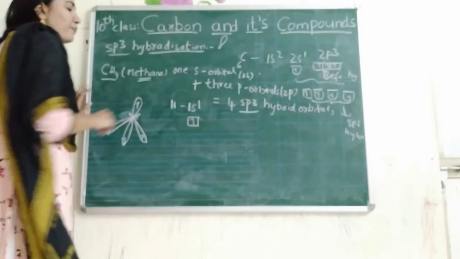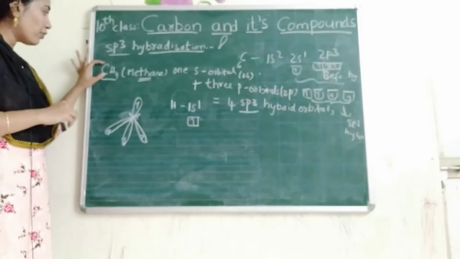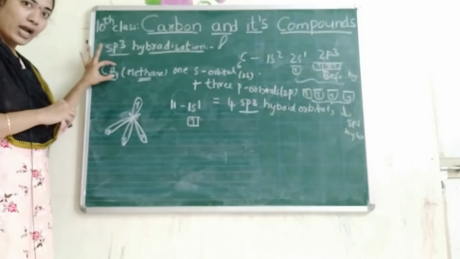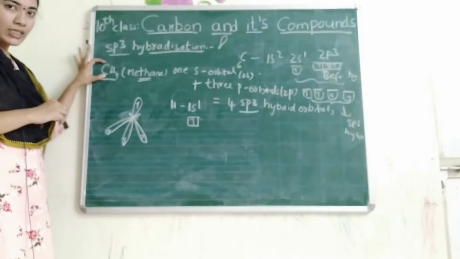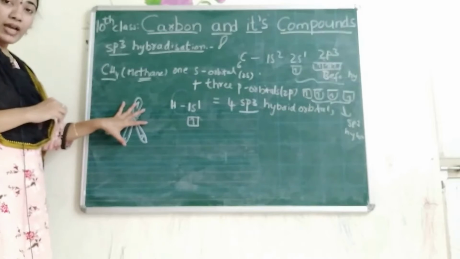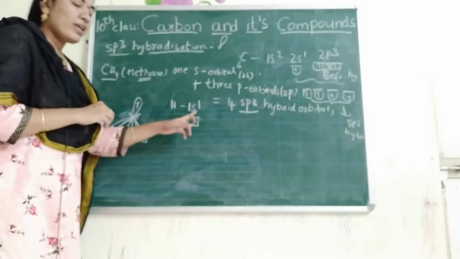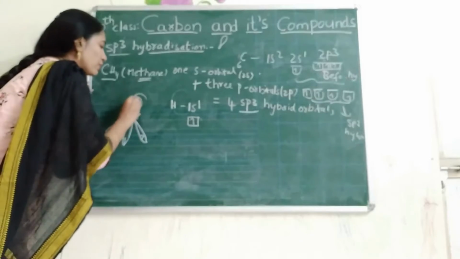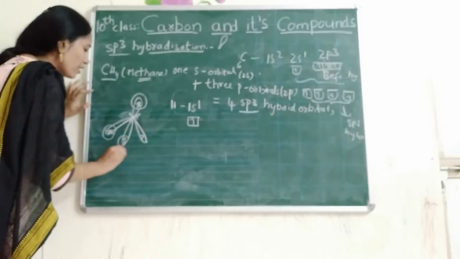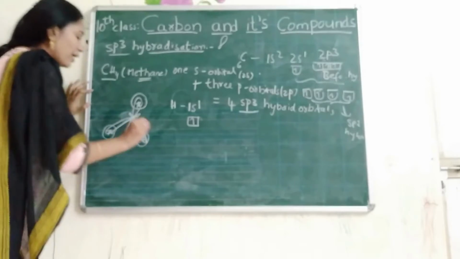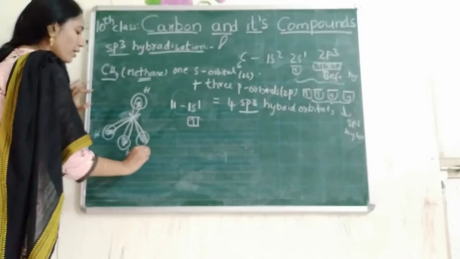What is the shape of an s orbital? The s orbital shape is spherical. Here, carbon is involved in hybridization, not hydrogen. In the CH4 molecule, the carbon undergoes hybridization and forms hybrid orbitals, but not hydrogen. The shape of the s orbital is spherical, and the hydrogen contains 1 electron. And here is another hydrogen, and another, and another.